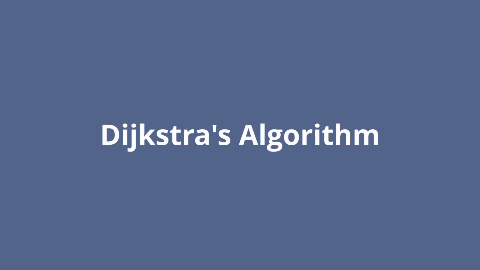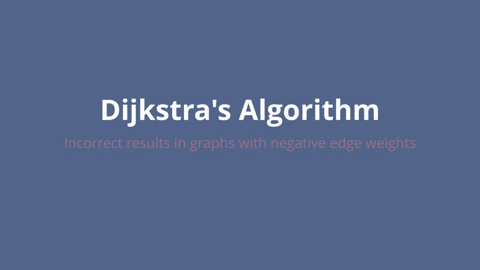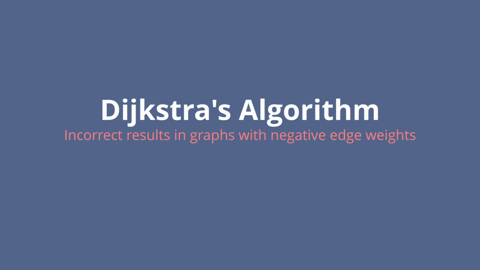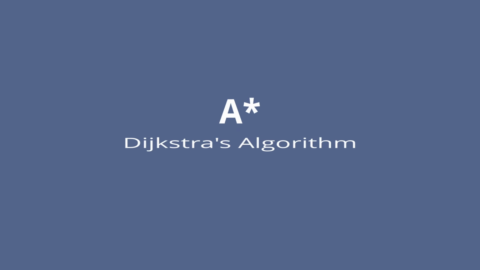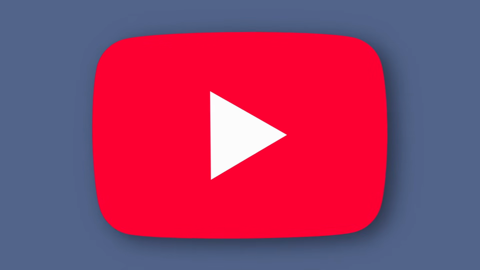Now some important things to note about Dijkstra's algorithm is that it may produce incorrect results in graphs that have negative edge weights. Also, it can be inefficient in large graphs due to exploring a path to every node. To combat this, there is another algorithm called A*, which extends Dijkstra's algorithm with a heuristic to trim the search space. However, that can be a topic for another video, and since our graph is only small, I will stick